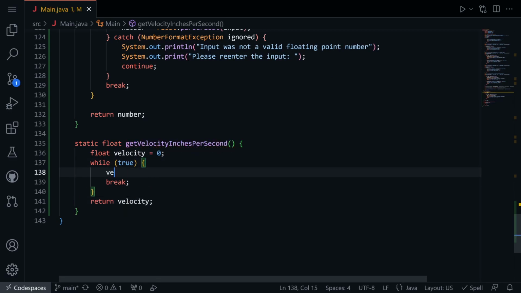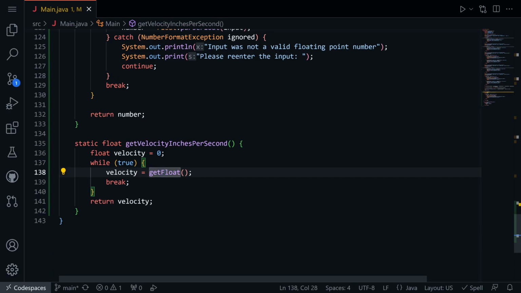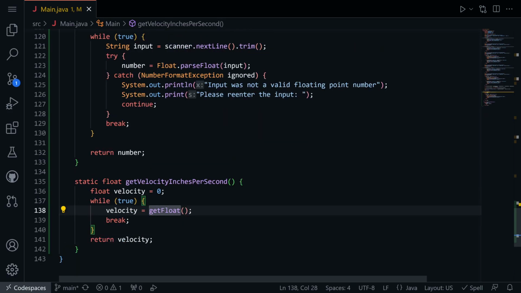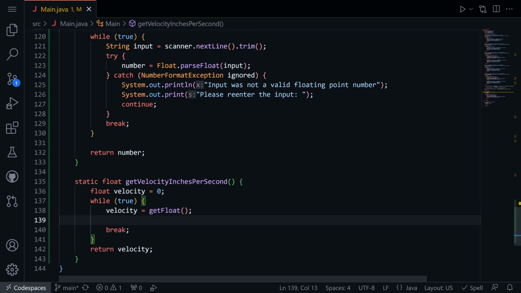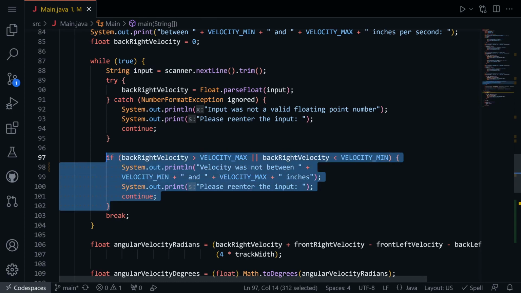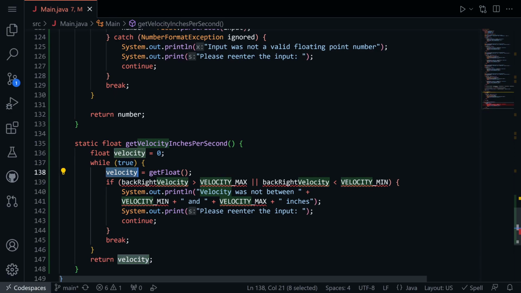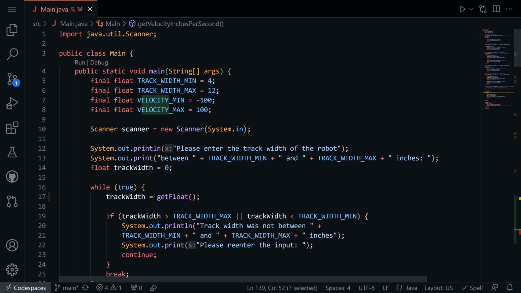Okay, now inside of here, we're going to make our velocity equal to getFloat. Just like that. So using that function we created earlier. And this is obviously going to print out an error. It's not going to let us get a float until we've gotten a float. Okay, now we want to do our bounds checking. So let's steal that code from this example right here. If, and then instead of this, we want to take our velocity like that, and we're going to need to